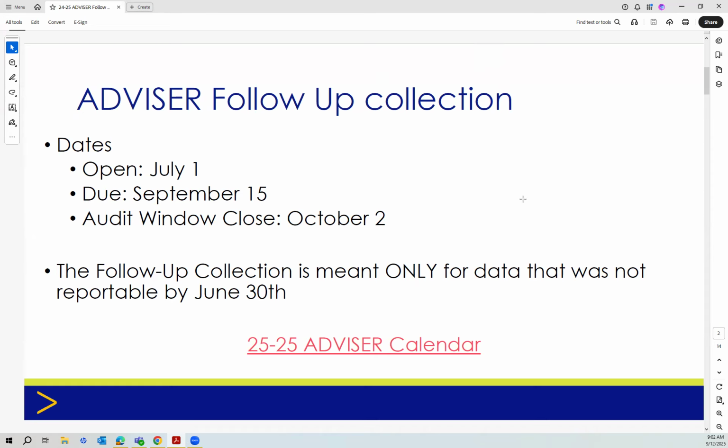So the dates for advisor follow-up: it opened July 1st, which was the day after advisor year end was due. And it is due September 15th, which is next week. And the audit window closes October 2nd. So that means October 2nd is the last day you can submit the changes that are accepted during advisor follow-up